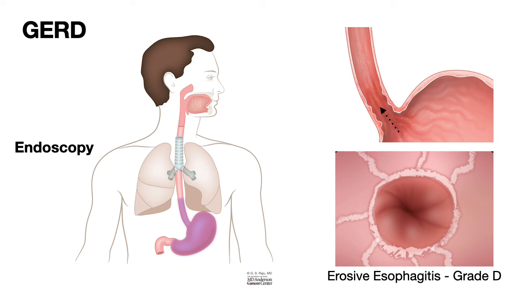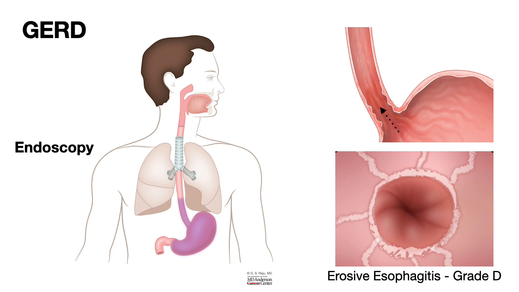So, depending upon the length, 5 millimeters or more, A or B, and then whether it is going across the folds, then C, and then more than 75% of the circumference is D. So it's important to keep in mind and use this classification whenever we report the staging of erosive esophagitis. So let us now look at what the endoscopist looks at,